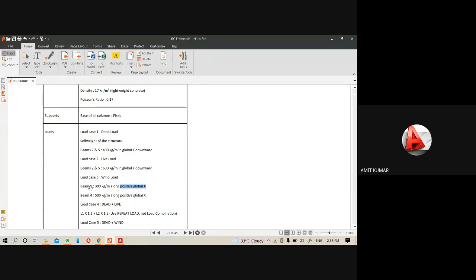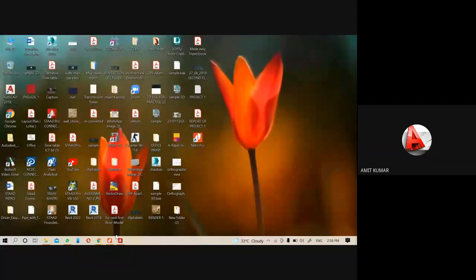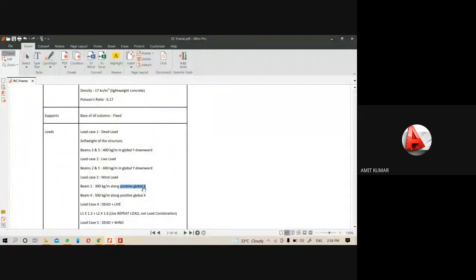So here this is your beam number 1 and this is your beam number 4. So wind is coming from the x-axis and the direction is towards the positive x-axis. That's why it is written here positive global x. So on the beam 1 it is 300 kg per meter.